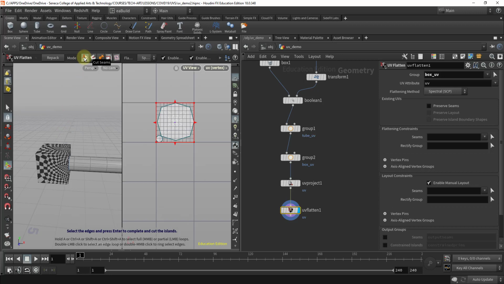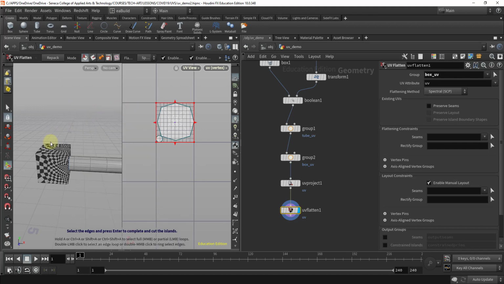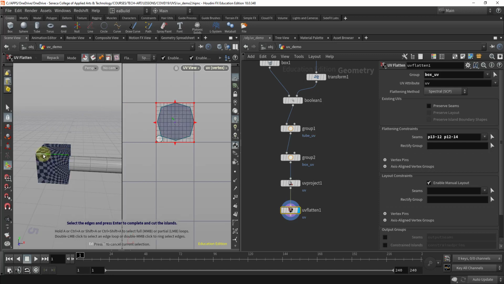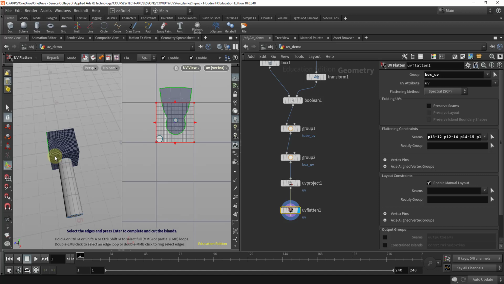Make sure that you are in cut seams mode, or if you right click, it's the exclamation key. And we'll do the exact same thing as we did last time. So I'm going to just cut across these edges. Now, if you recall, if you want to go across a few of them, you can always press A and middle click, and it's supposed to,